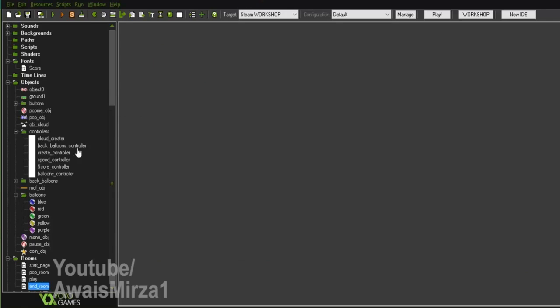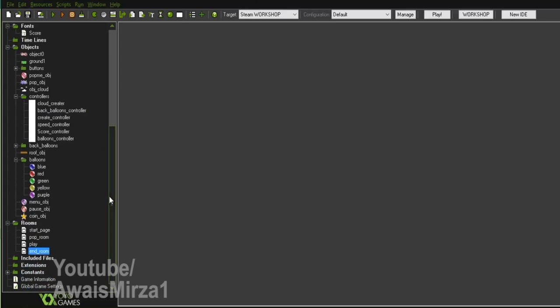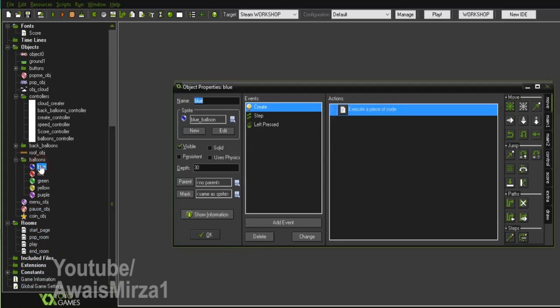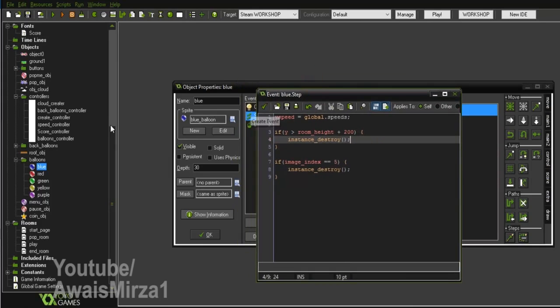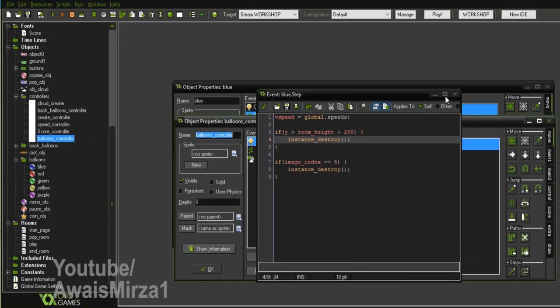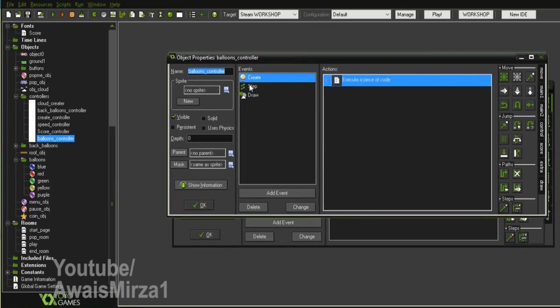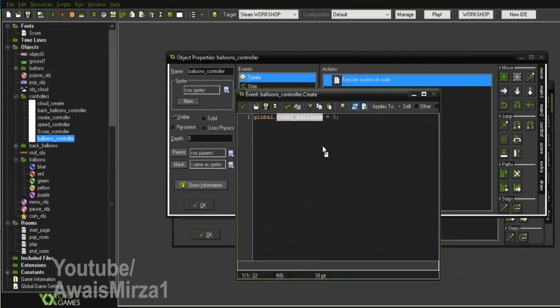All right, now the last thing we need to do is go to all the balloons and check if any of these balloons are getting below. Go to the step event, and this is where we are checking if any of the balloons have gone down or not. All right, we are destroying the instance, but with that we need to decrement the total balloons. If I open up this balloons controller, we need to copy this variable total balloons, and as any balloon goes down, we need to